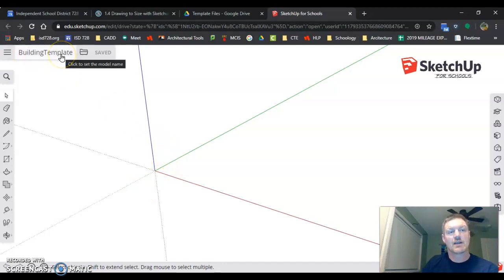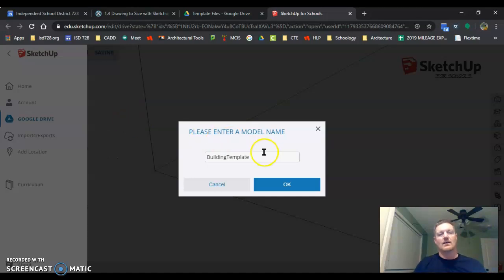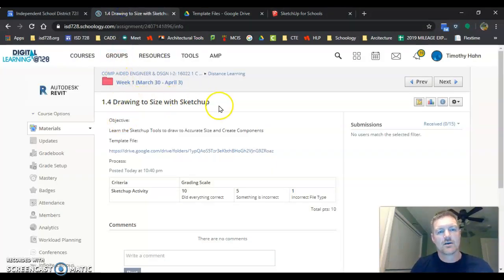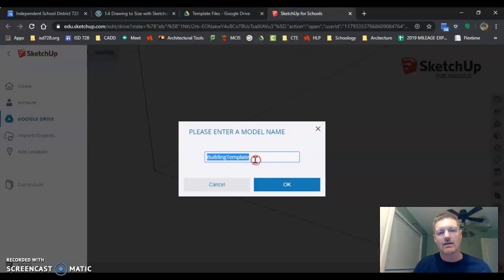And it says building template here. It says saved right now. I'm going to click the little file right here and hit save as. I'm going to call it, look here, 1.4 drawing to size with SketchUp. I'm just going to highlight that because I went over to this tab, hit Control C on it, or right click on it and hit copy. I'm going to come over to here and I'm going to right click,